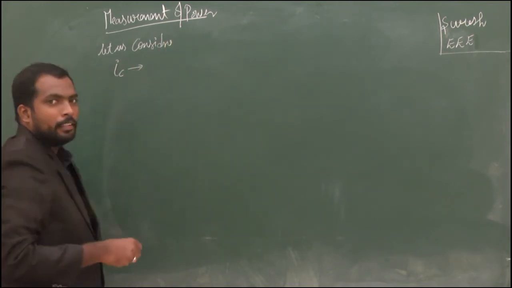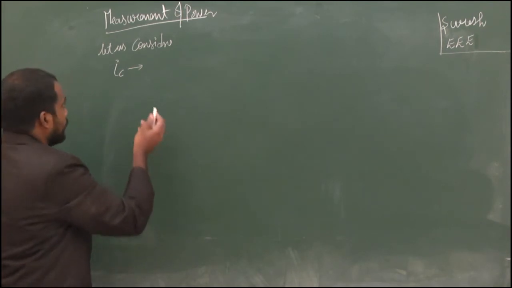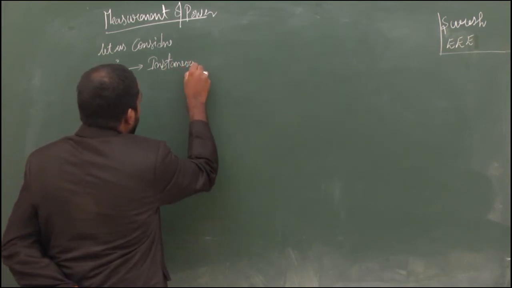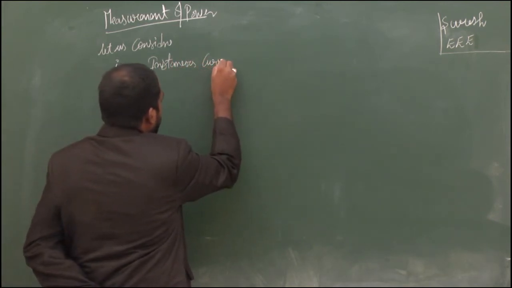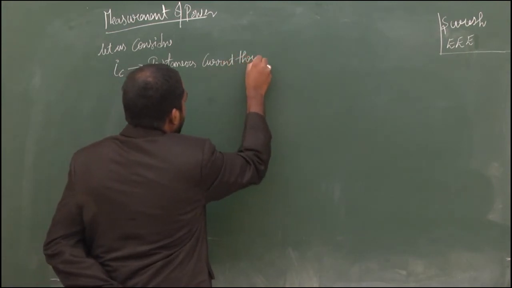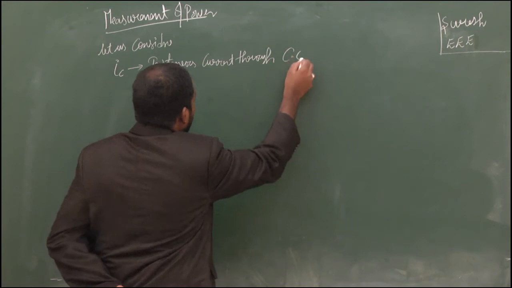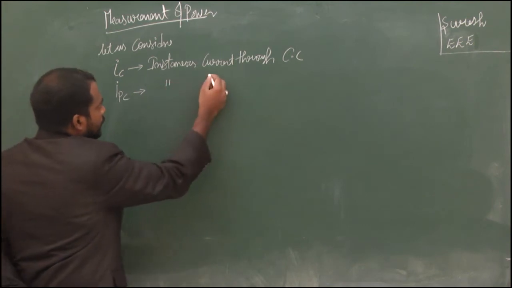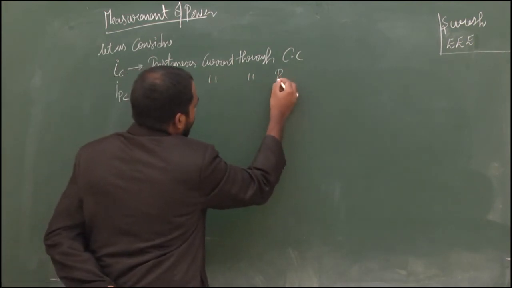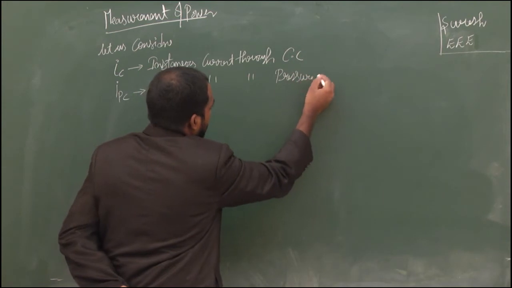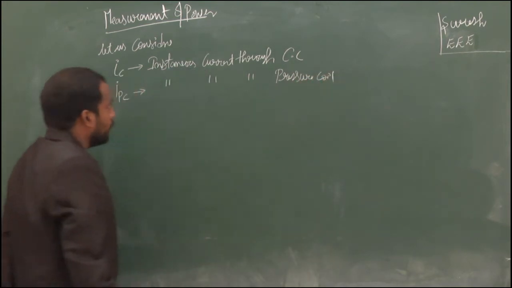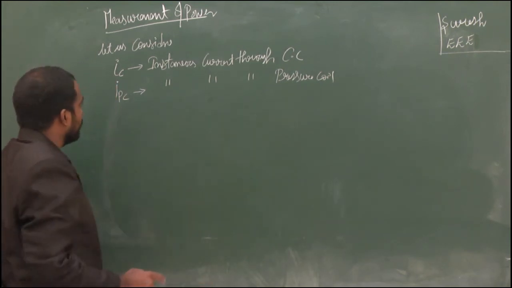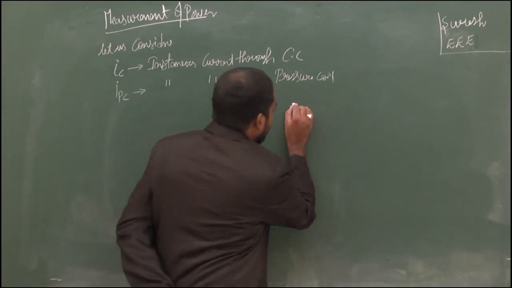IC is the instantaneous current flowing through the current coil, and IPC is the instantaneous current through the pressure coil. That means we are considering the current through the current coil is IC and the current through the pressure coil is nothing but IPC. That means in the diagram,